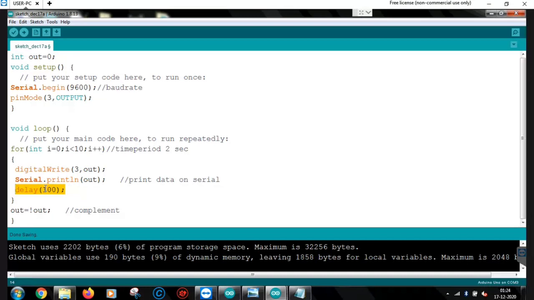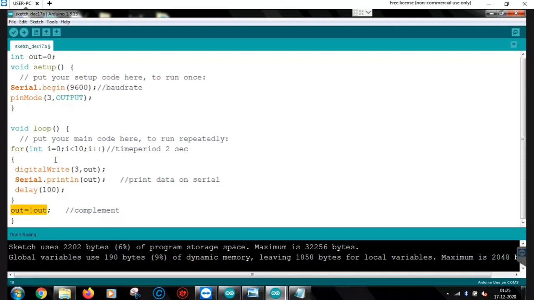So there are 10 iterations, and each iteration will take 100 milliseconds. So there will be 1000 milliseconds or 1 second for this out variable that will be outputted in the serial and Arduino pin. So initially the out variable is 0. So this out variable will be 0 for 1 second. After that, it will be complemented. Okay. So now it will become 1, and this loop function will execute once more, and this for loop will execute 10 more iterations.